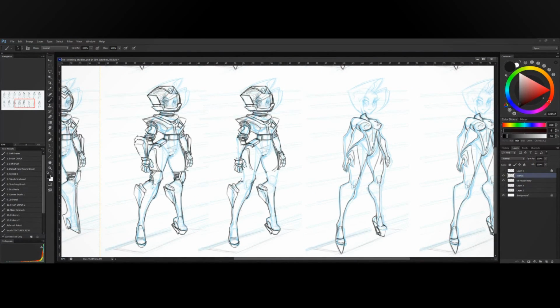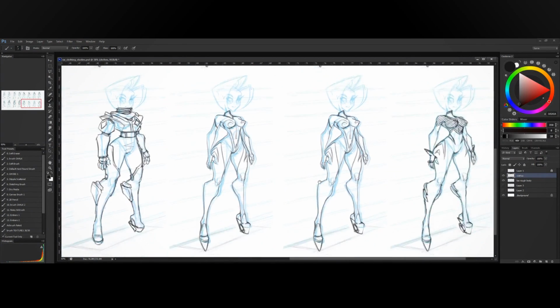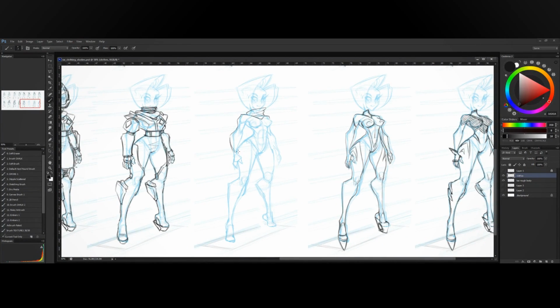but I also want to do one without the helmet just so I can see what it looks like without the helmet. And usually on the last ones I do, like this is the last spacesuit, it's because I kind of feel like, yeah, okay, I'm happy with this, I'm comfortable with this. And so now that I've got her main outfit done and the space outfit done, I'm thinking maybe just casual